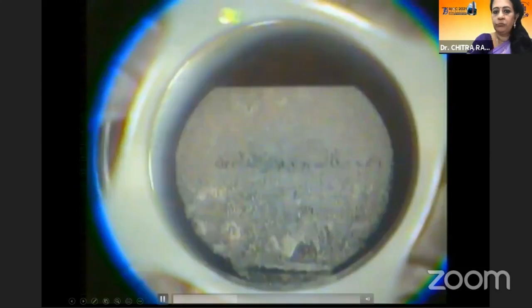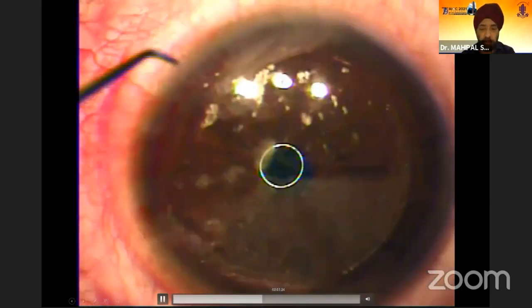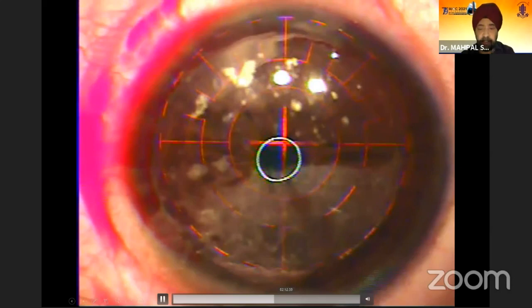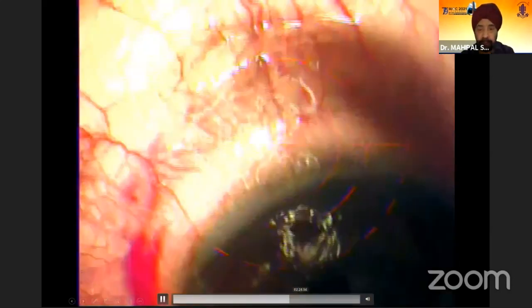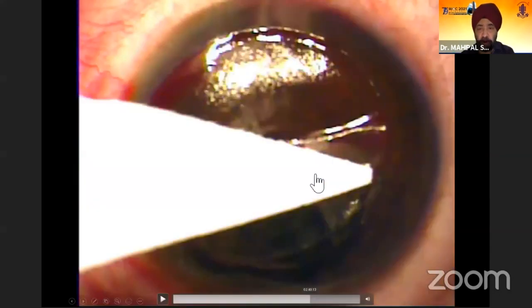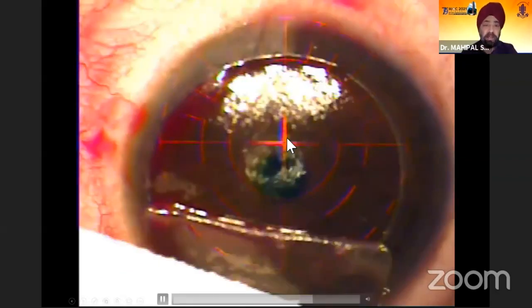Okay, fine. So you can go back again in the same femto, and you can pick up the flap. I'll just show you that this is where the femto stopped earlier. And you can see here that we are just picking it up from this particular point. See here, this is where the first cut stopped, and you will get away with this very well.